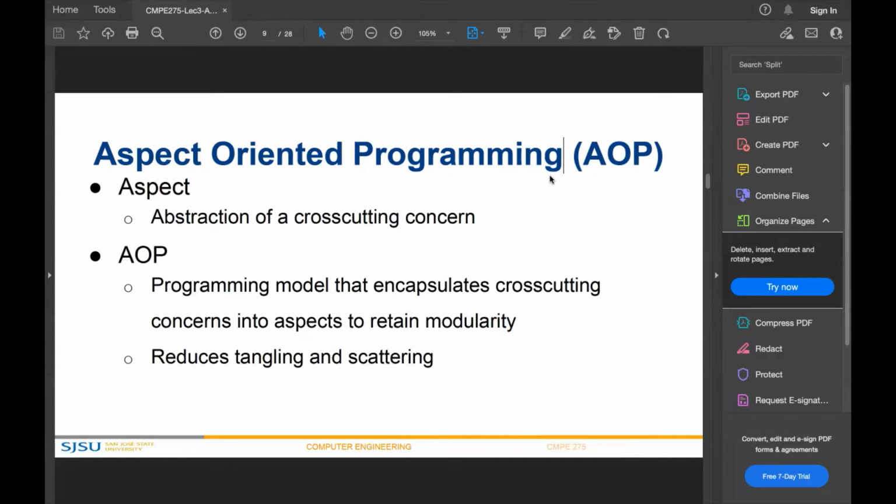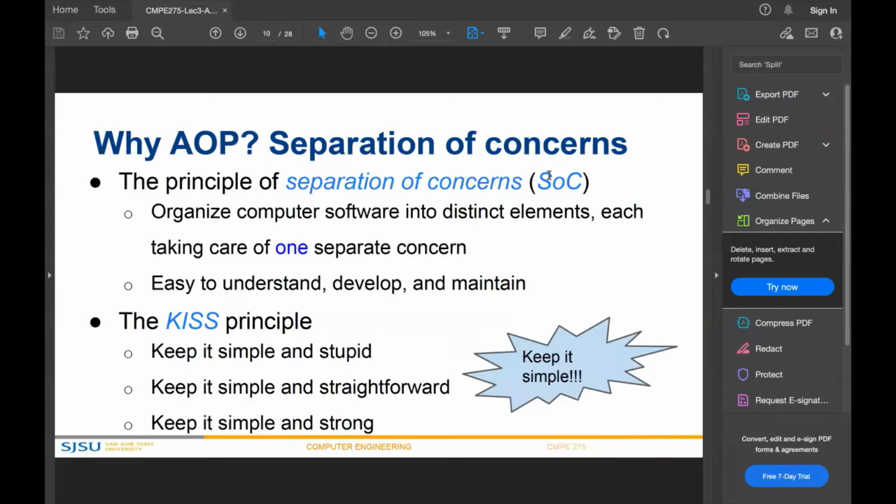And aspect-oriented programming is basically the programming paradigm which helps us to encapsulate these concerns so as to have a very modular code. So in this way, it helps us in reducing the tangling and scattering, in other words. Now, like I said before, it clearly helps us in separating out the concerns. So we're just keeping the business logic as one concrete thing, and then we separate everything out, related to validation, authorization, everything into separate entities or